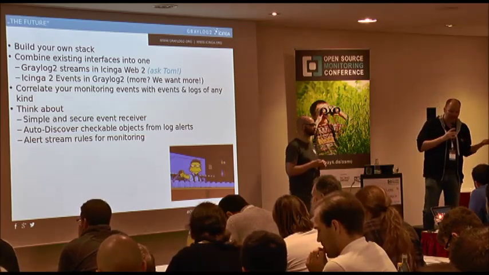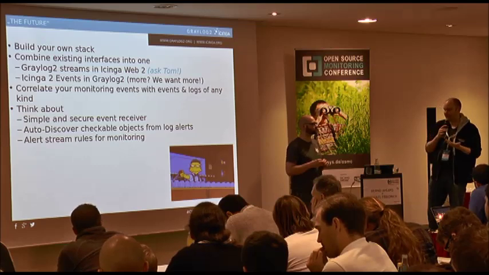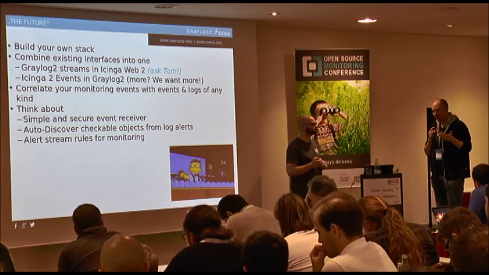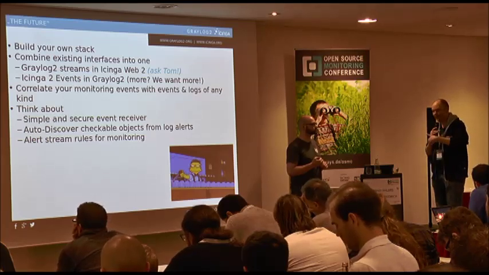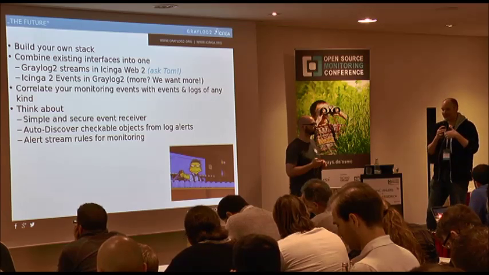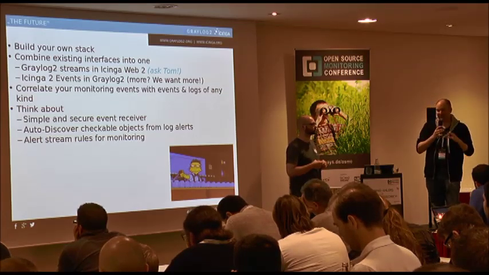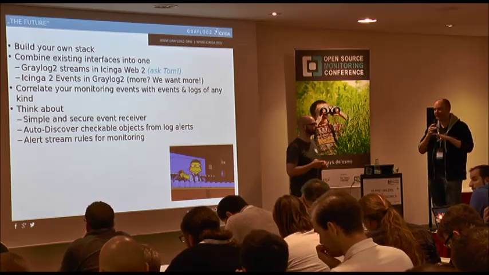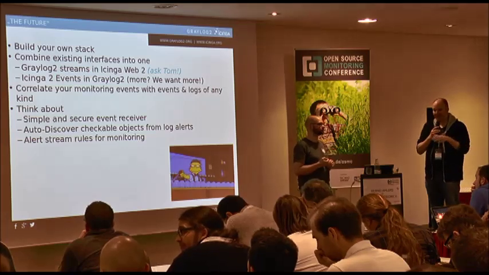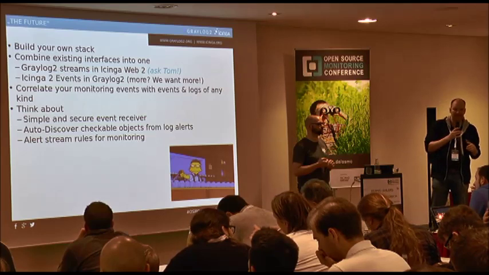I want more, or we want more events in Graylog2, like the cluster messages, more stuff, because there's actually more happening inside a core, which may help you when something breaks. It's not really something which should trigger a notification or an alert, but you want to filter it, make it visible to your dashboards, and correlate it or combine it with different events happening wherever possible in your network, in your infrastructure.